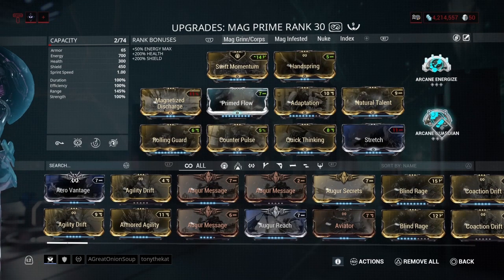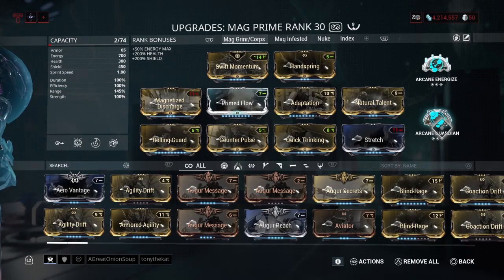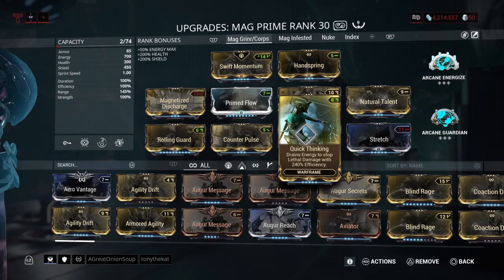And then Arcane Guardian for the extra armor, because the armor is going to give you an extra layer of damage reduction on top of Quick Thinking, because a lot of people don't know, Quick Thinking has a built-in damage reduction. So right now with the build that I have, 700 energy. This is increasing my 700 energy by 240% for the purposes of taking damage, right? So in essence, I would have